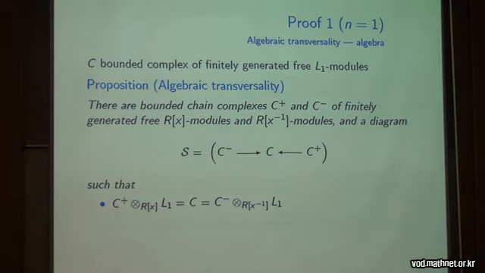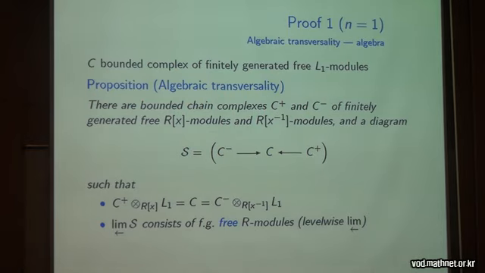Okay, the second condition says that if you take the limit of this diagram in each chain level, that's nothing fancy, just in each chain level take the pullback, you get a finitely generated free R module. And the third condition is if you take in each chain level higher derived inverse limits, you get nothing. Right? So that comes from Wronitsky's paper. That's kind of the algebraic version of what he calls algebraic transversality. Okay, now let's do the pretend game.